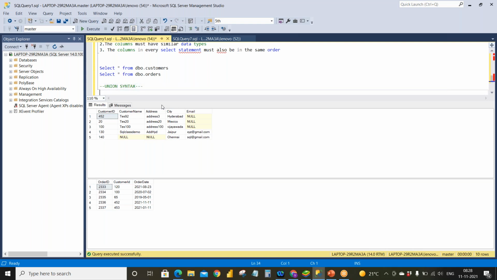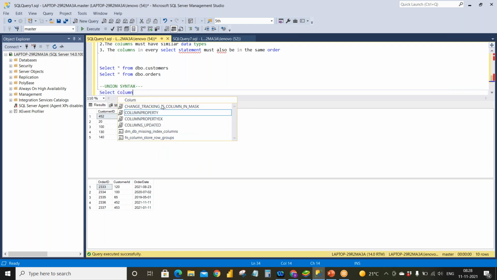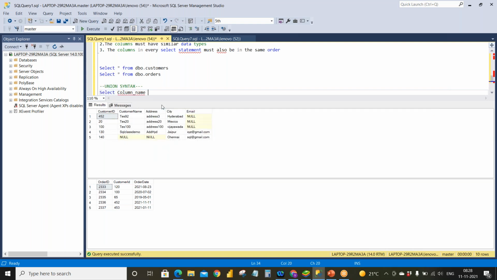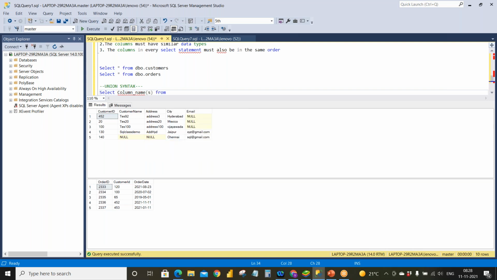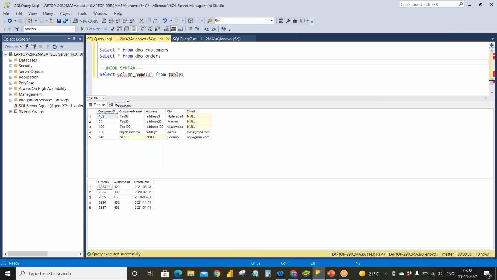Let's see the syntax. Select column names from table 1. Rather than giving star, if you give the column names, it will work perfectly in union, because you can check the order and see if something is missing.